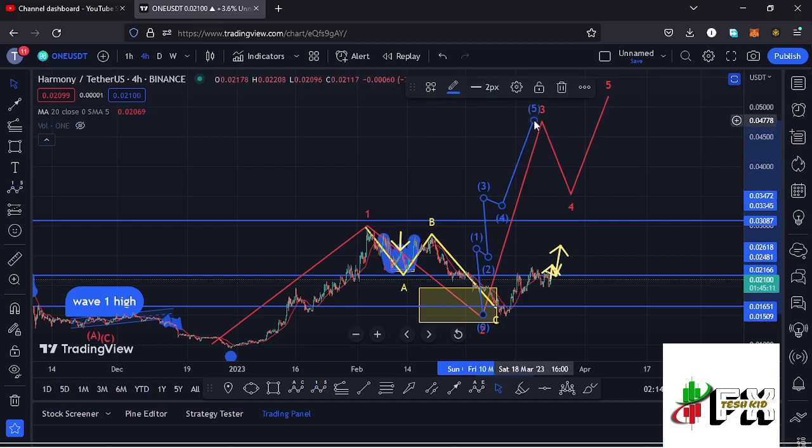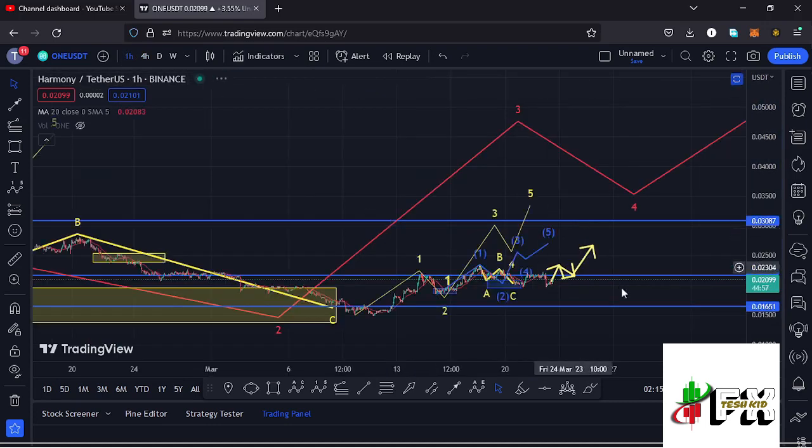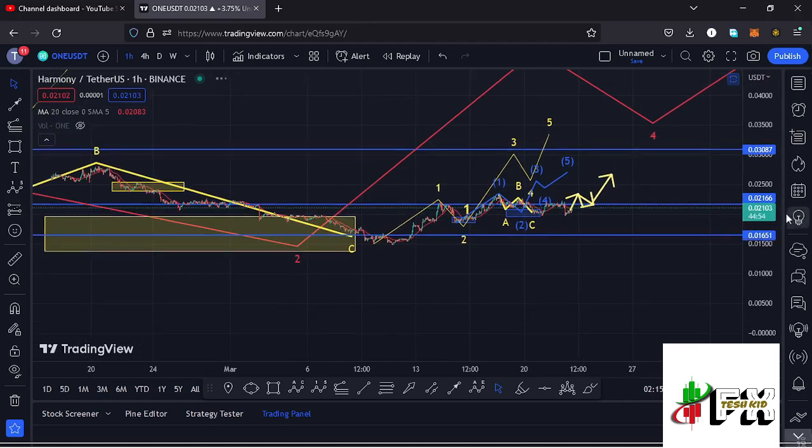And it is this Elliot wave structure within the formation of this larger Elliot wave count 3 that is going to give me the short-term scenarios that I'm expecting to play out here on the Harmony 1 chart, and I believe that is better seen here on the 1-hour chart. So jumping to the 1-hour chart for further analysis and also give you the short-term scenarios that I'm expecting to play out here on the Harmony 1 chart,